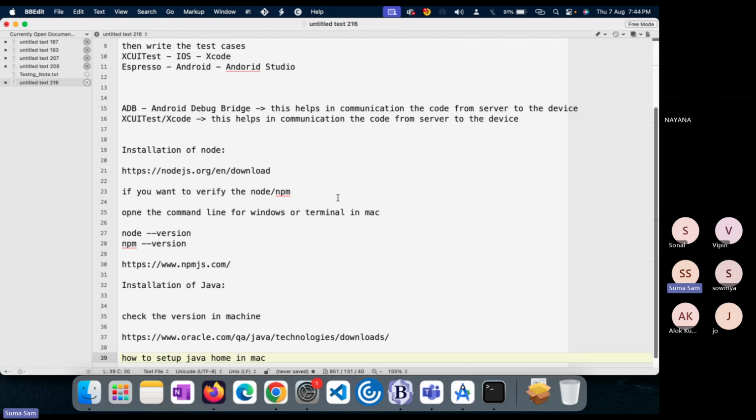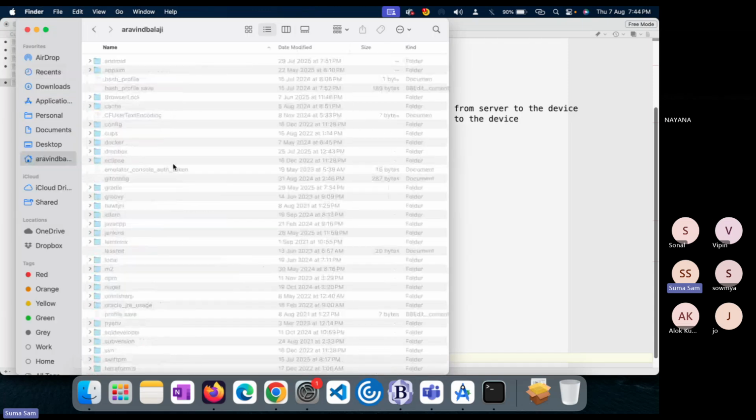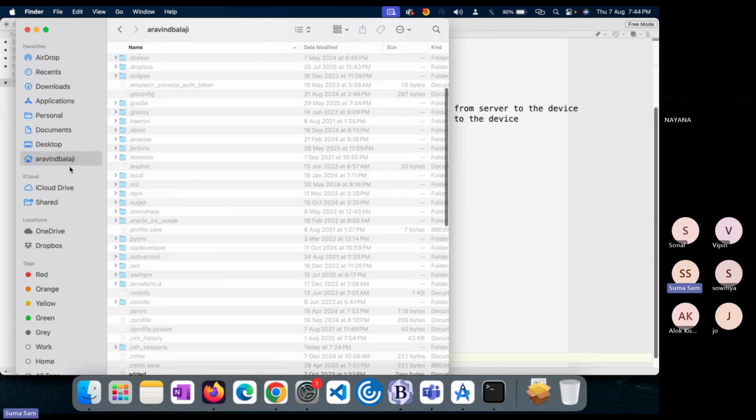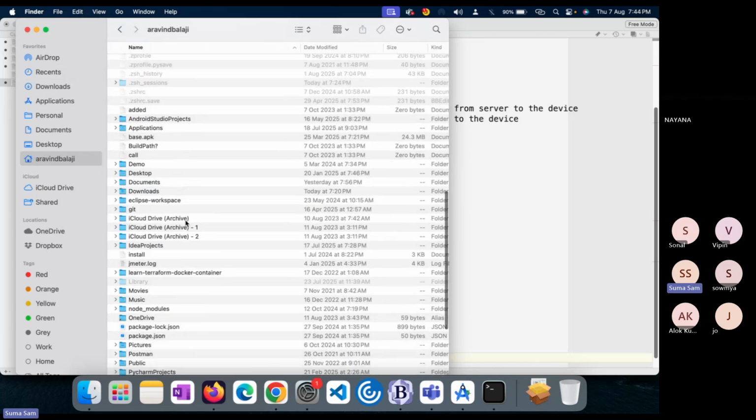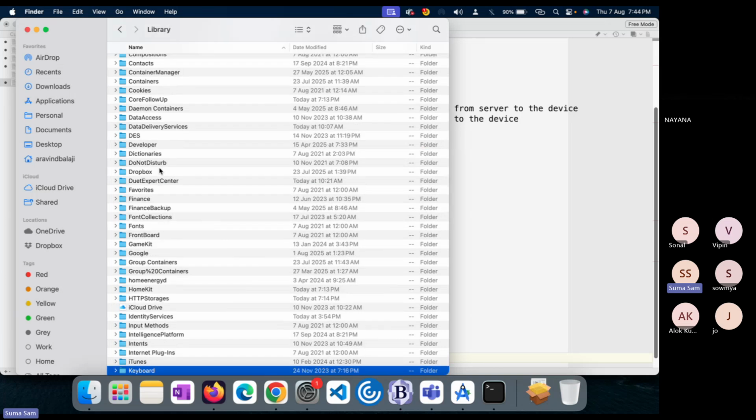What happens is that it's easy to identify in Windows where Java is installed, because most probably it should be in C Program Files Java. But in a Mac, it's quite confusing, which is why we included it as part of the setup. So you can go to your home folder. Mine is something like Arvind Balaji, that's my complete name. Here there is something called Library, so you can go to the Library, and here there will be something called,